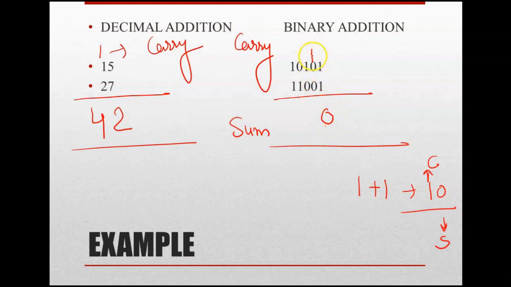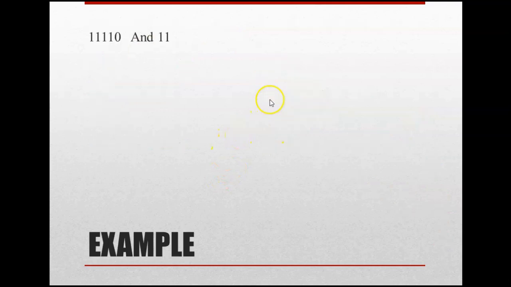Now you will start adding with 2 digits only. So 1 plus 0 is 1, right? 1 plus 0 is 1, and then the 1 carried from before will be added to this. So 1 plus 0 is 1, then 1 plus 0 is 1, then 0 plus 1 is 1, and then 1 plus 1 is again 0, and in that case one more carry comes and that will be added here. So this is the final addition of these binary numbers. If you are clear, fine.